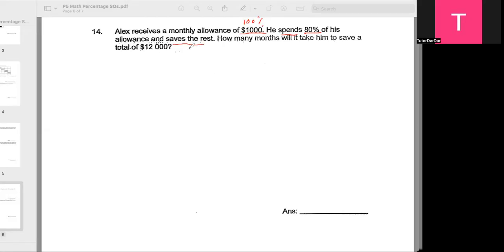So how to find the percentage of saving? The percentage of saving is going to be 100% minus 80%, left with 20%. So this is the percentage of saving. Okay, so now let's figure out how much is the 20%. So percentage of saving, so amount of saving,